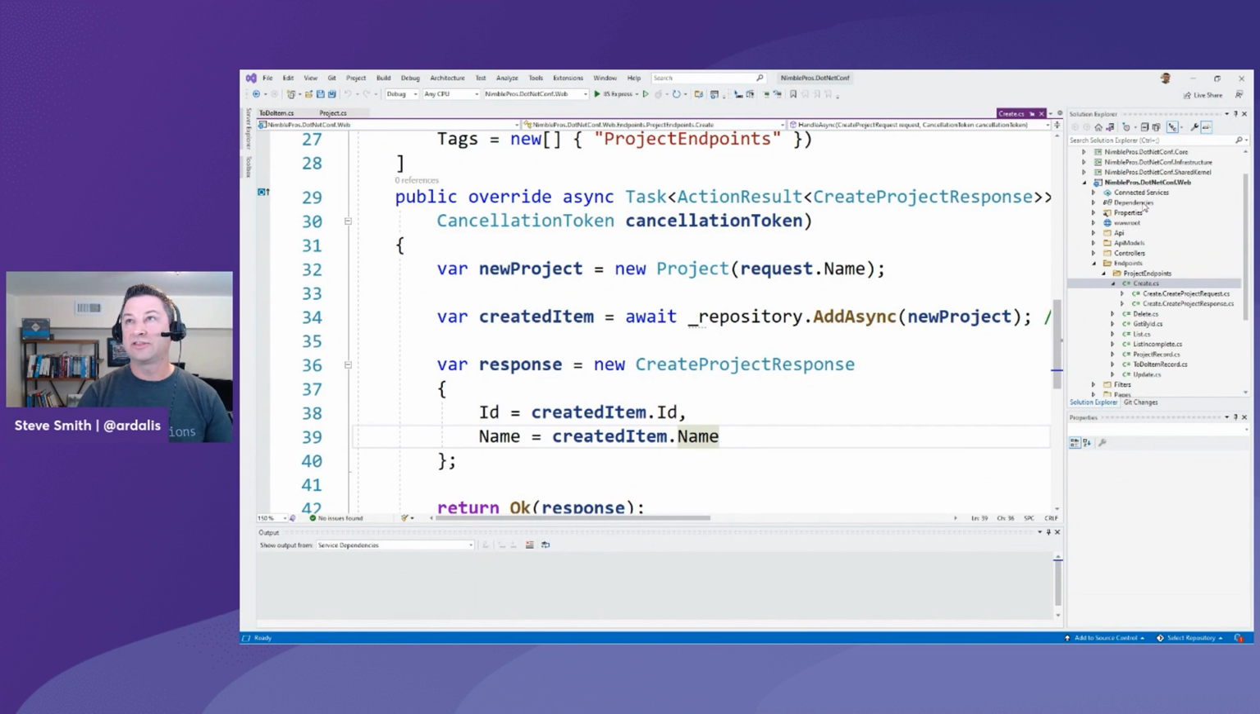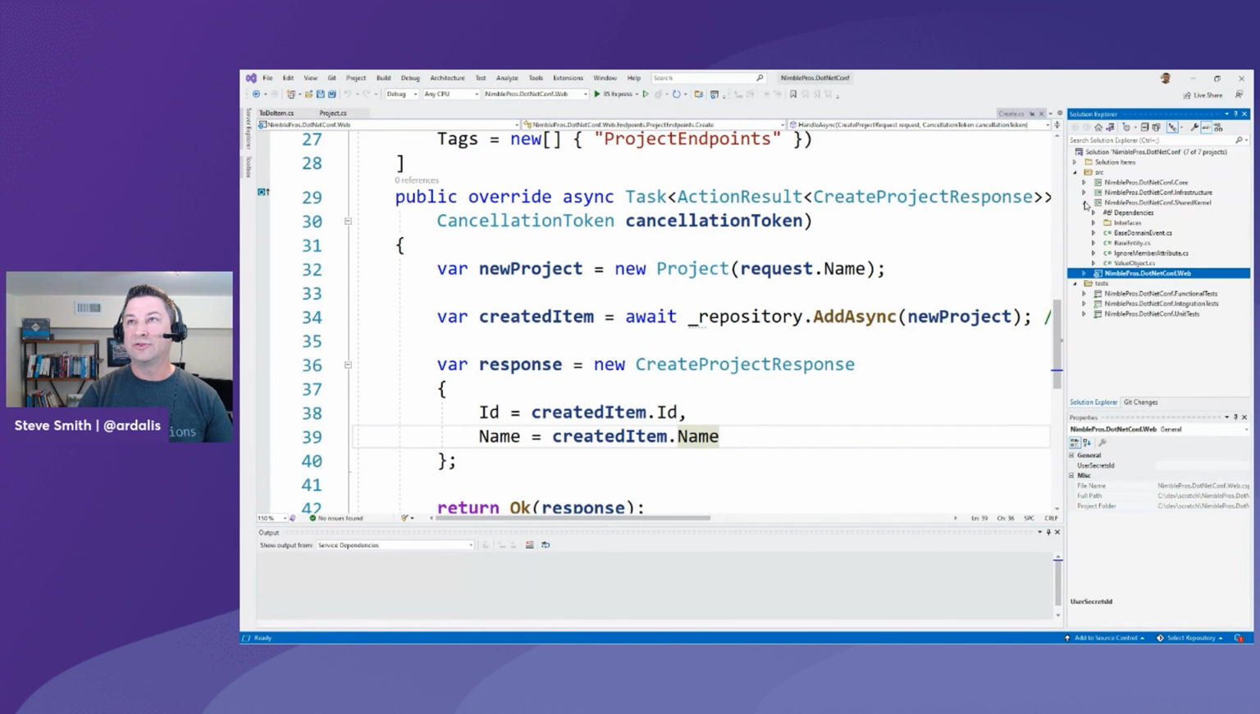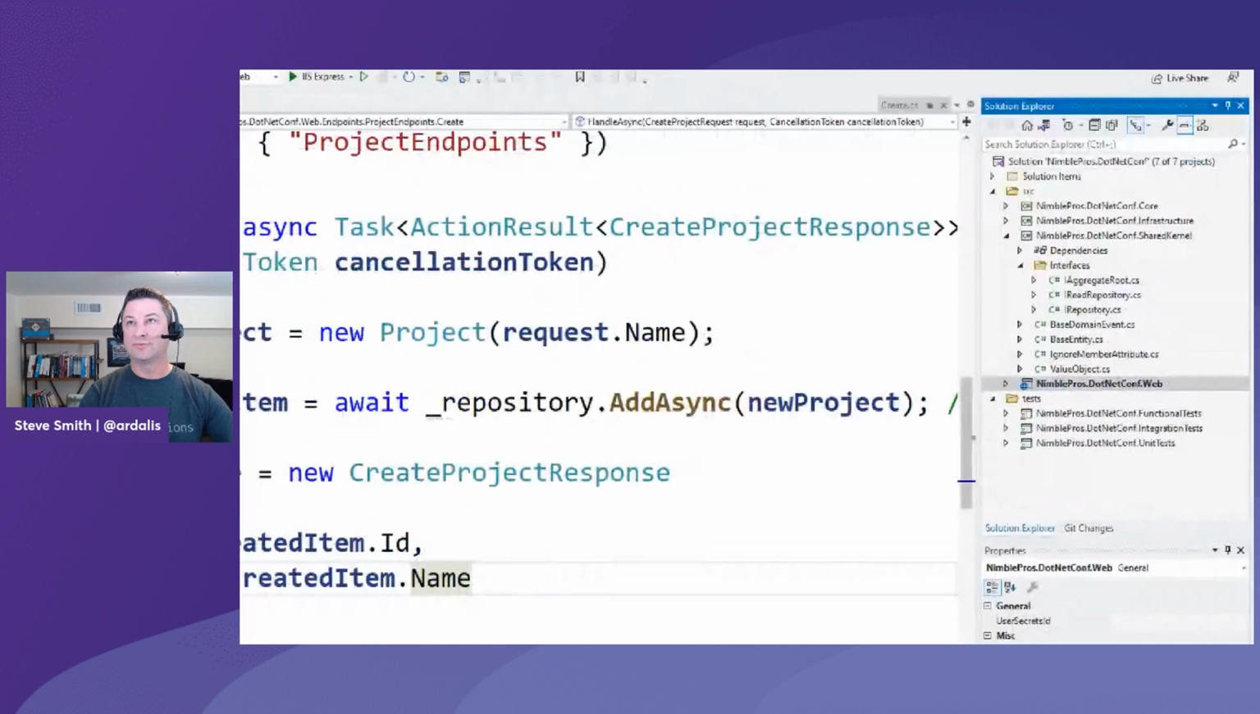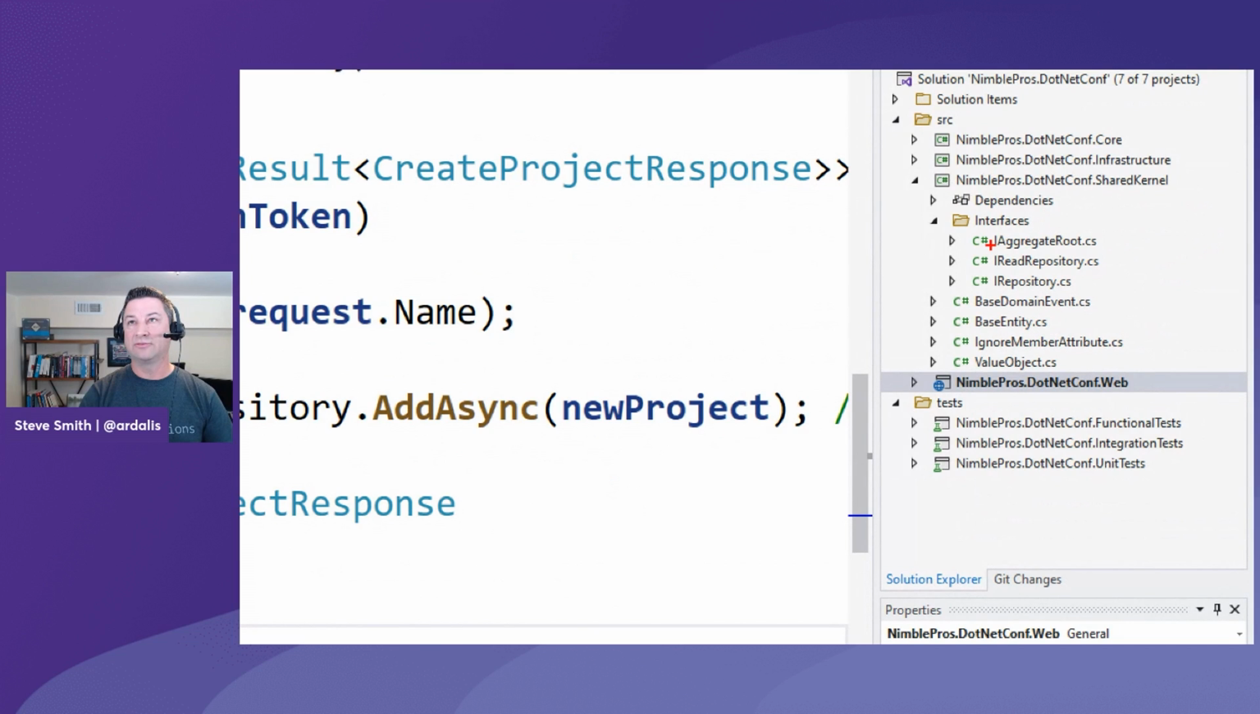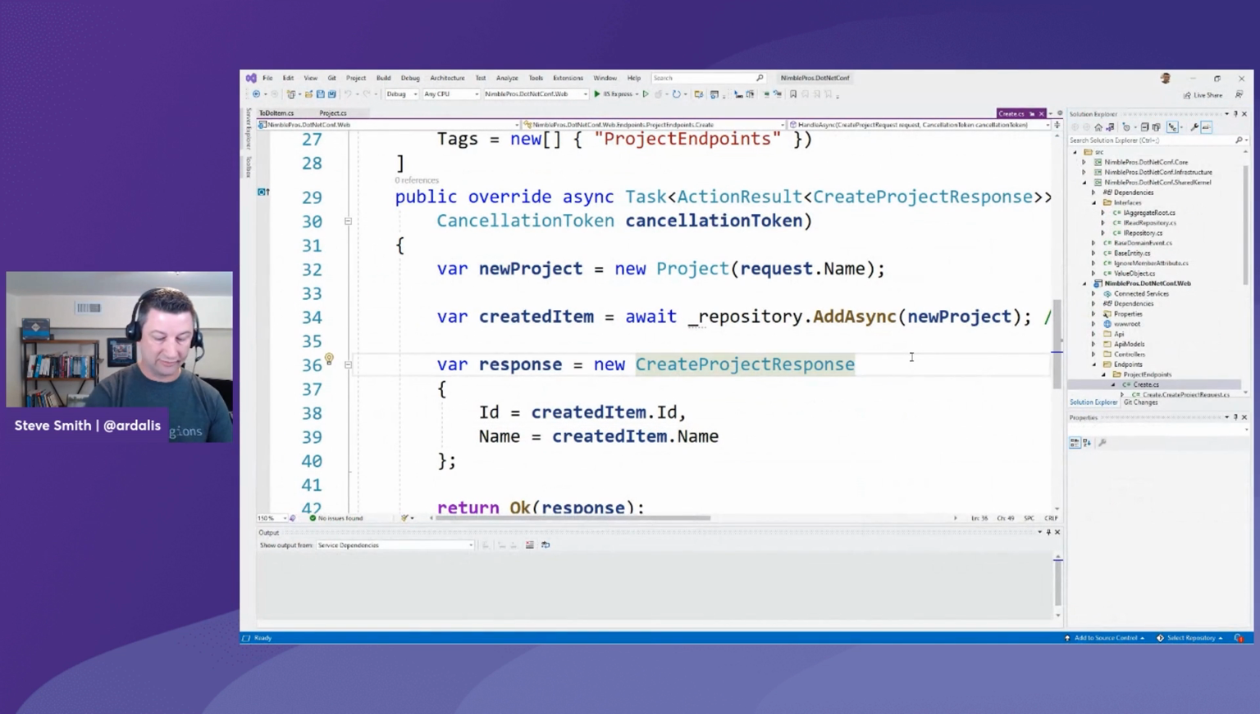Well, let's look at the shared kernel briefly. So like I said, it has a bunch of base things in here. So you see the repository stuff is all in here, base domain event, base entity, etc., and a value object base class. Those are all what's inside of shared kernel. All right, so if we run this